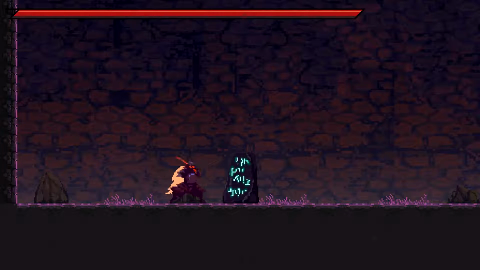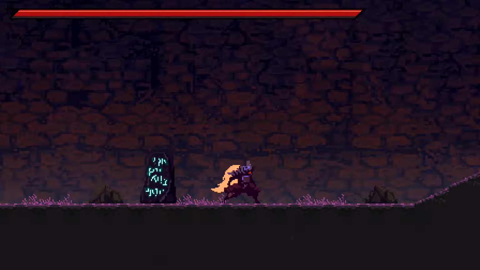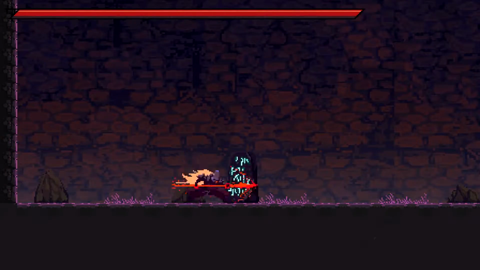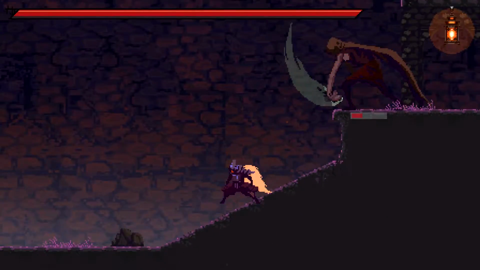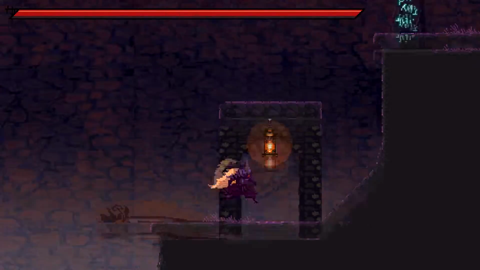So the light attack again, it's got a few different animations for it. Fireball. And the charge. The problem is the most effective thing to do seems to be to just spam fireballs at these guys. And you can't break the lights,